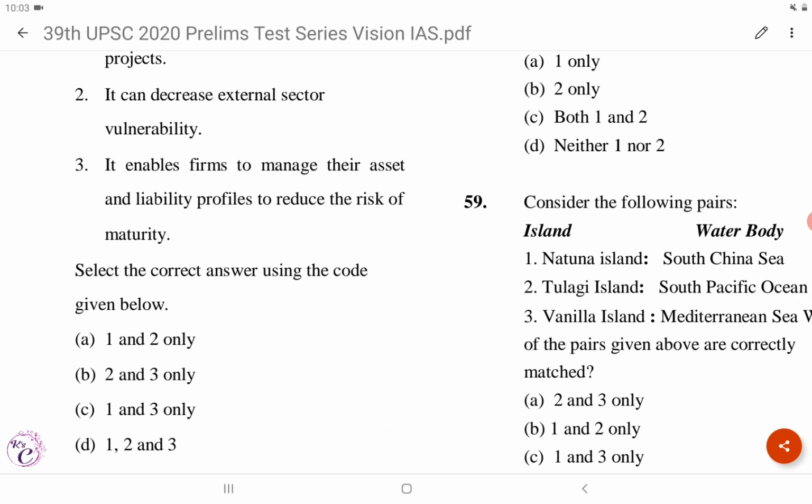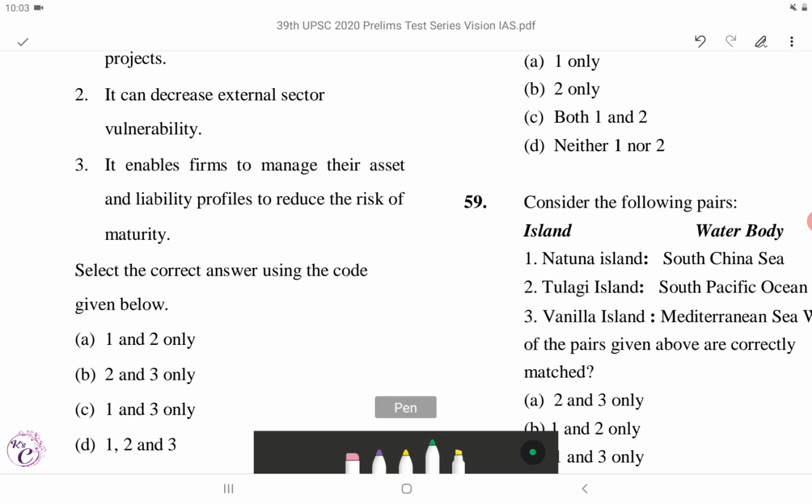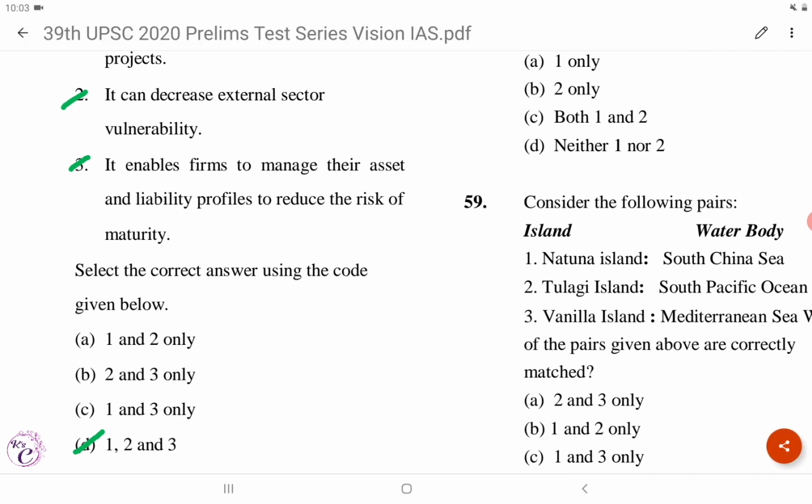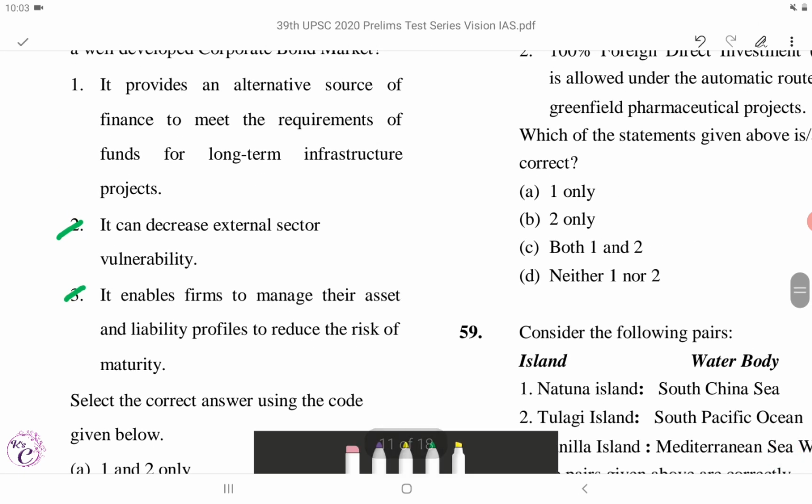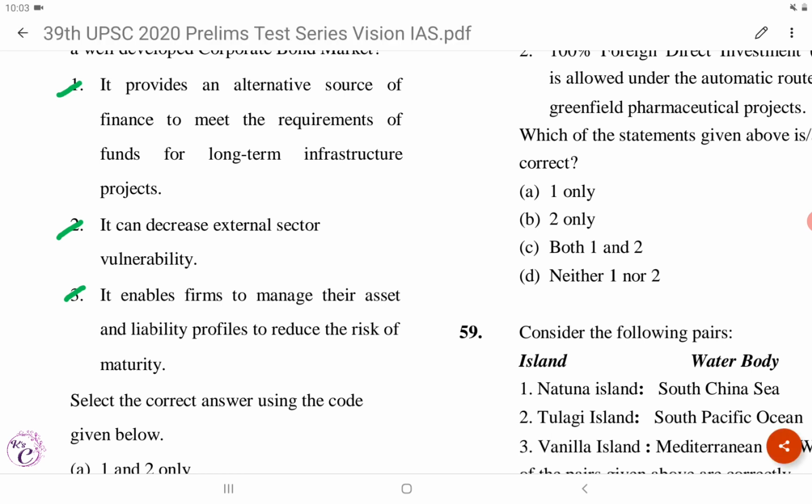So the correct answer is D. That is 1, 2, and 3. So all the three statements are correct. That is, it provides an alternative source of finance to meet the requirements of funds for long-term infrastructure projects. It can decrease external sector vulnerability, and it enables firms to manage their asset and liability profiles to reduce the